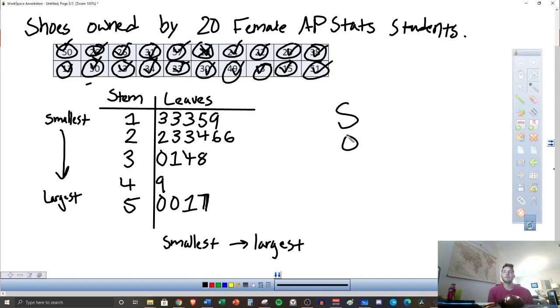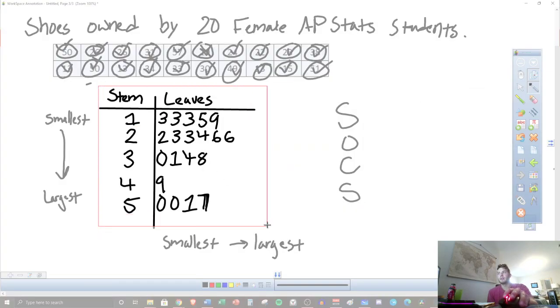We're going to describe this with socks. All right. So I'm going to ask you questions like we did in the last video. What is the shape of this distribution? Well, you might be thinking, well, how in the world am I supposed to look at the shape of this? So what you'd want to do to find the shape, let me show you an example, is you're going to,